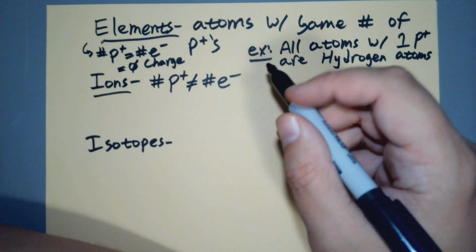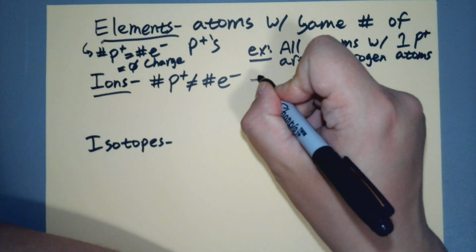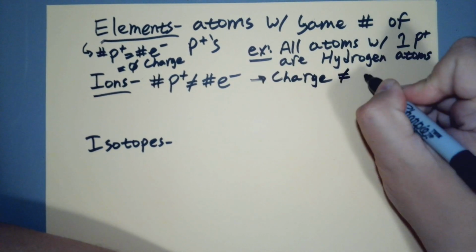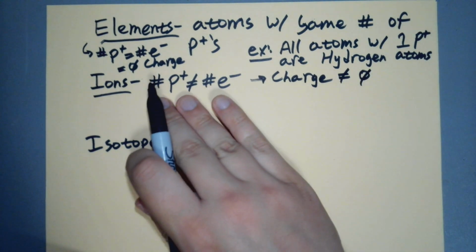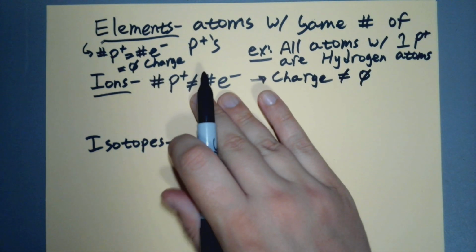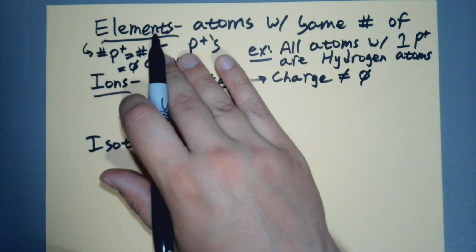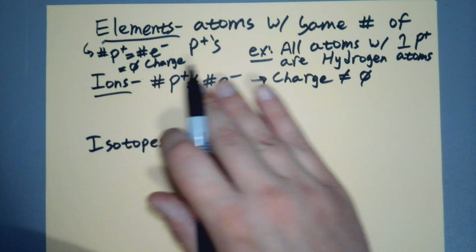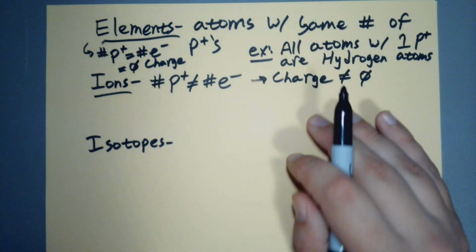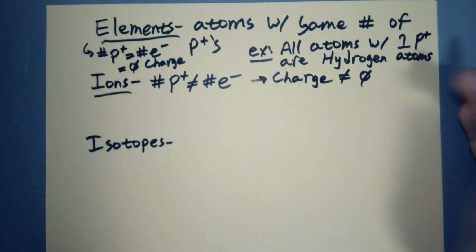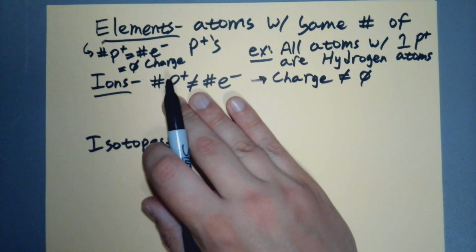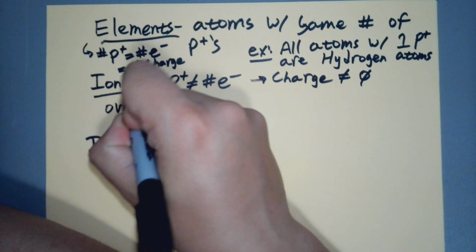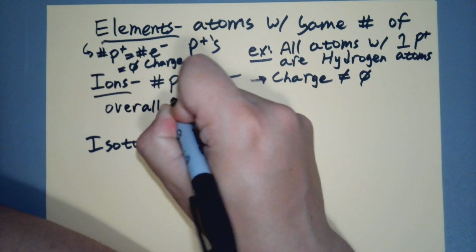Okay, so what this means is charge does not equal zero. We have an uneven number of pluses and minuses. So in an element we might have 3 protons, 3 electrons. Well, that's plus 3 minus 3. We add them up, we get 0. But maybe now we have 3 and 2. Well, now we have an overall charge of plus 1. One of these pluses isn't canceled out. So if we have an overall positive charge,